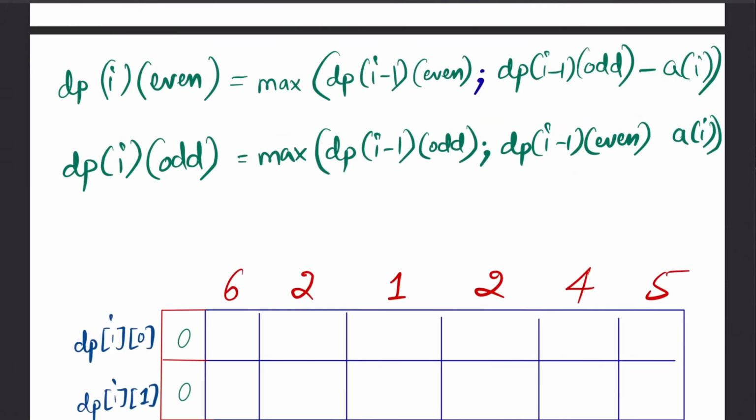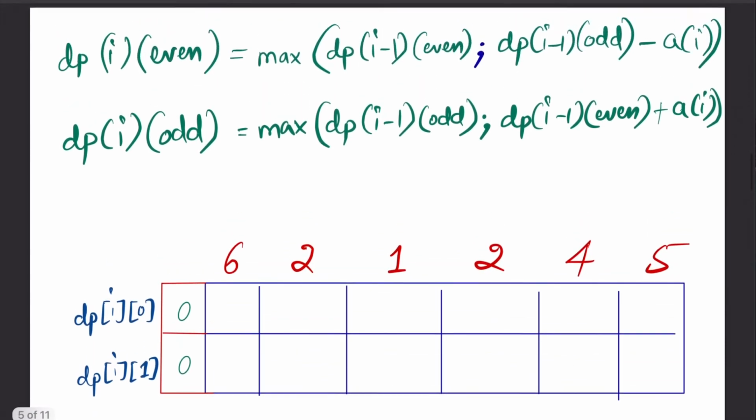So let's summarize the DP states. So we have DP of I cross even. What will be the maximum prefix of length I which is even? It will be nothing but the maximum prefix of length I minus 1 even, or what I will do, maximum prefix of length I minus 1 which is odd and I subtract ai from them, which we had discussed earlier. What will be the maximum prefix of length I which is odd? That will be the maximum alternating prefix sum of I minus 1 length which is odd, or simply maximum prefix alternating sum for I minus 1 even and I add ai here. Okay, I missed the additional sign here, so that will be added.